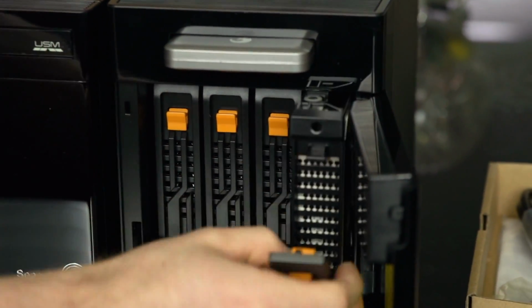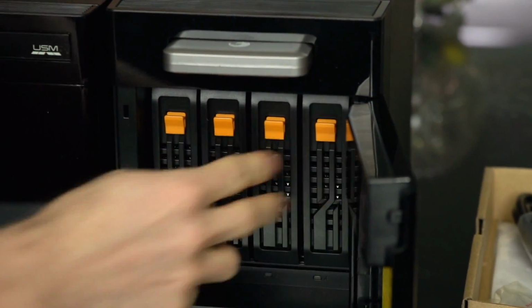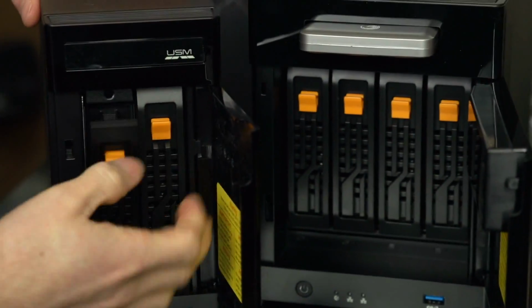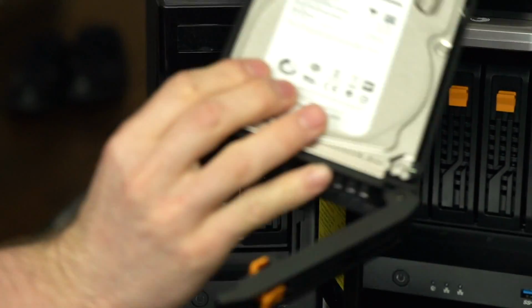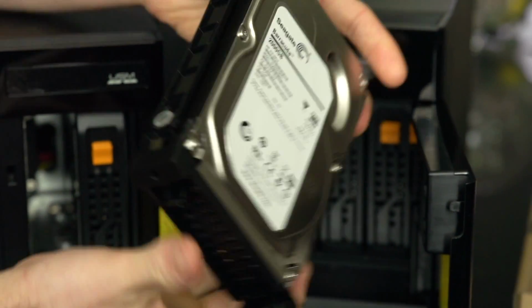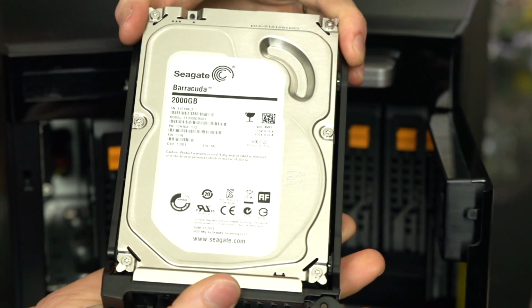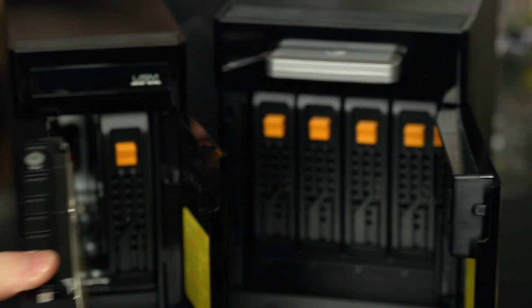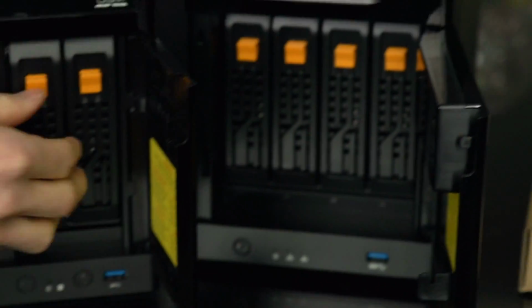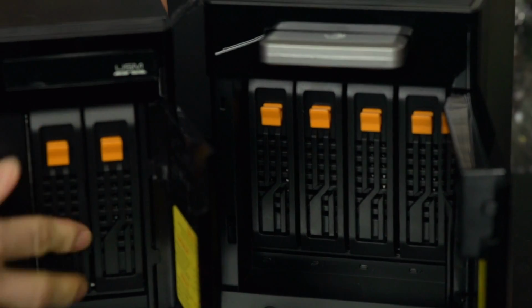So I just showed you the whole process of installing a drive. I wanted to check out what drive Seagate's including with these enclosures. So this one right here has two 2 terabyte drives in it. So they're using their Barracuda series drives. I wouldn't have minded seeing them including their Constellation series drives, which are more sort of enterprise grade storage drives,